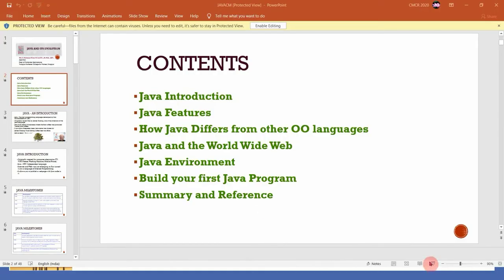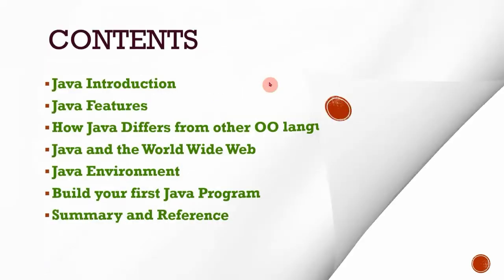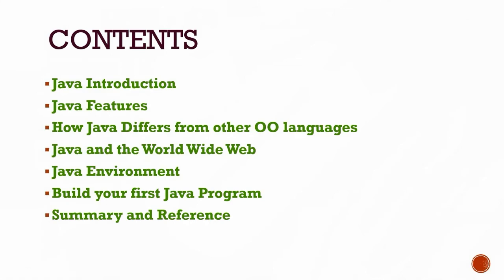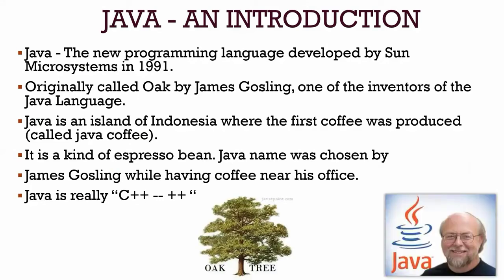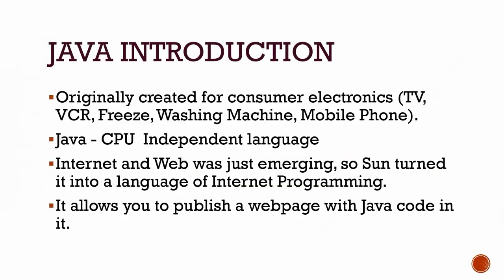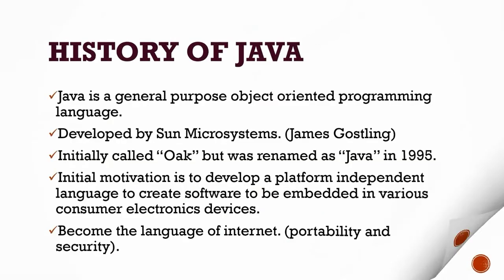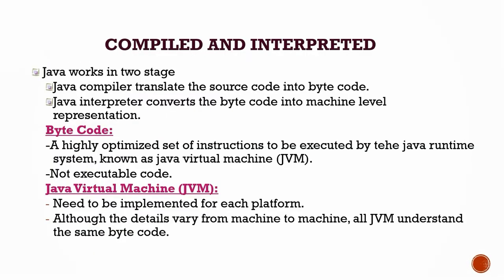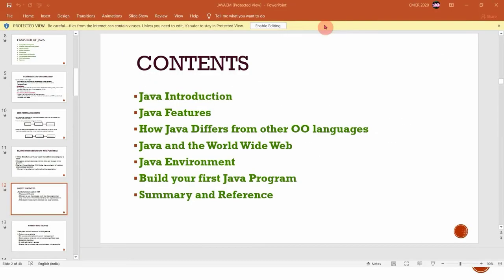Now the recording has started. Now I can start speaking. So Java is a programming language, and these are all the contents that we are going to cover. When we consider the introduction, it is a language based on Sun Microsystems. It is developed by James Gosling, and we are going to look into the introduction of Java, and the milestones of Java, etc. And I can start speaking about the history of Java, features of Java, and so on. So I may completely record this video lesson, and then I can go back to OBS.